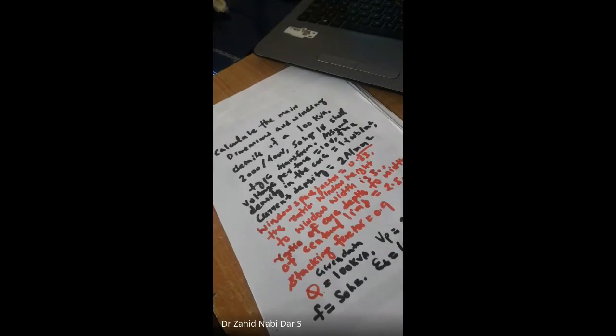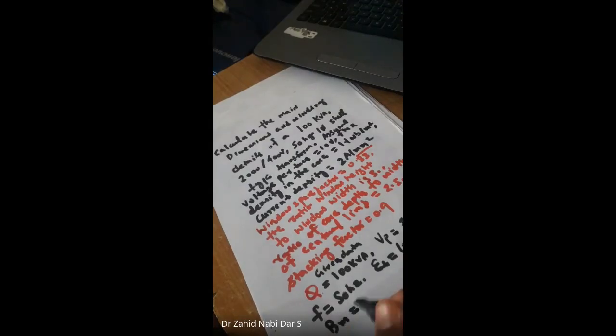Now the other factor that is given is the flux density in the core. So flux density Bm is also given. Bm is how much it is given there? Tell me. Anyone? Are you following? Bhumika, how much is Bm? Bhumika?